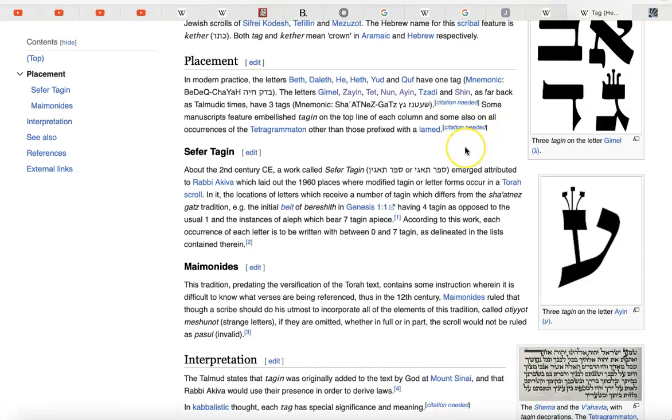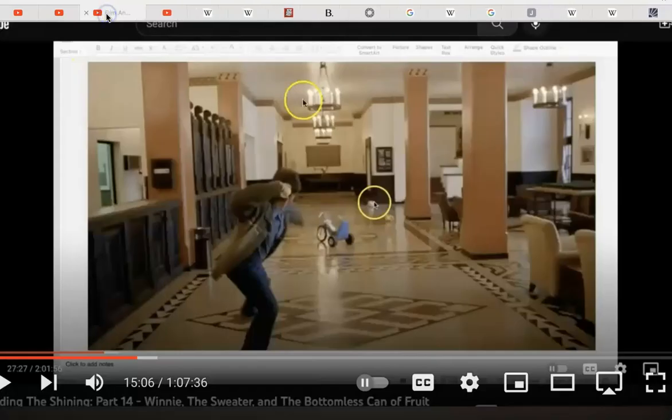So what I'm saying is these 7 letters that receive 3 tags when they're written in the Torah scroll, I assume they're kind of special. Are those the 7 diamonds